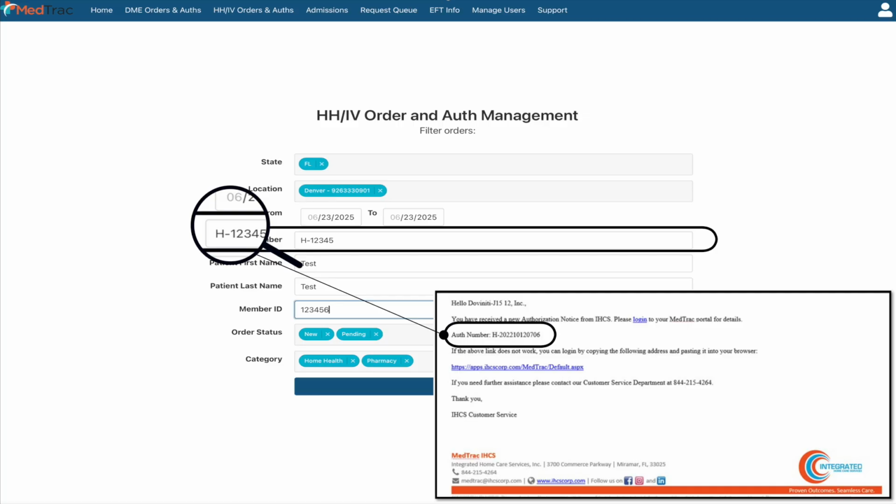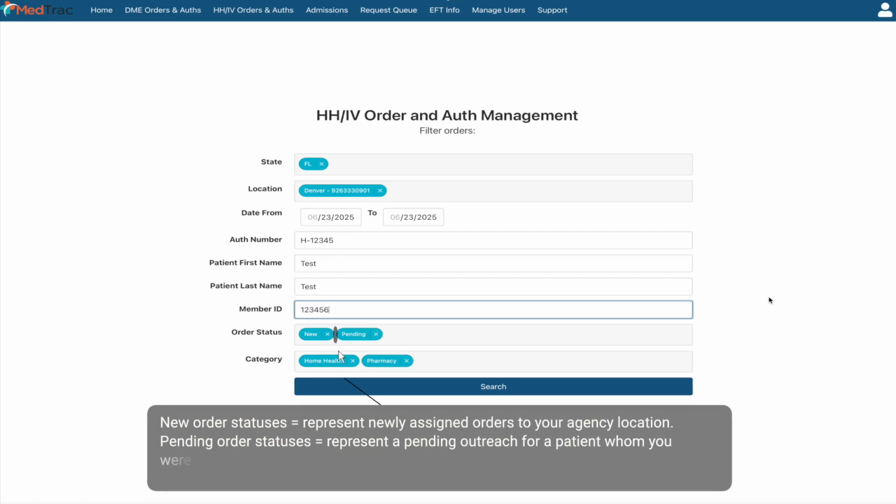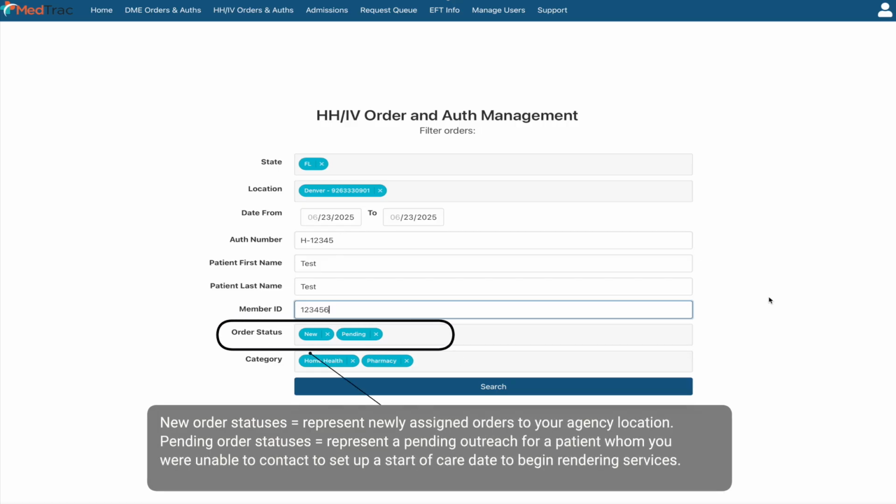Now let's talk about the order status. By default, when logging into MedTrack, you will notice you have a new and pending order status generated in the search filter. New order statuses represent newly assigned orders to your agency location, while pending order statuses represent a pending outreach for a patient whom you were unable to contact to set up a start of care date to begin